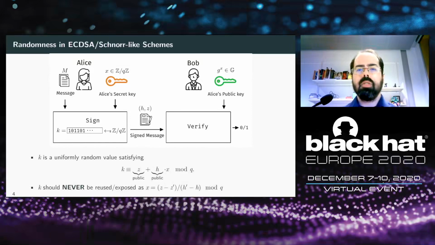What's interesting about the signature scheme is that the signing equation relates public values coming from the signatures to the two unknowns, the private key and the nonce. This means that if the nonce leaks or is exposed somehow, this gives information to compute the private key directly. In particular, if two signatures are computed over different messages and using the same nonce, this can also be used to compute the private key.